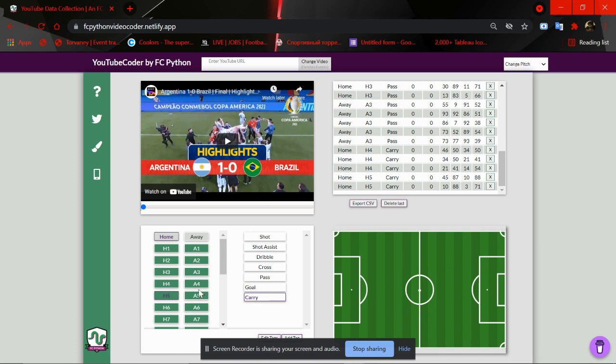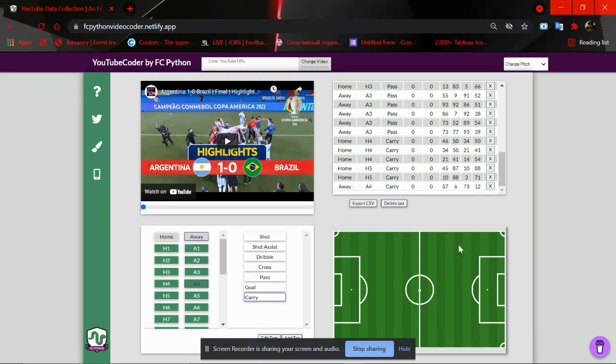I'm going to do the same for a couple of players on the away side as well, so that we have a good number of carries to visualize. Let's say they also recorded similar types of carries. And yeah,